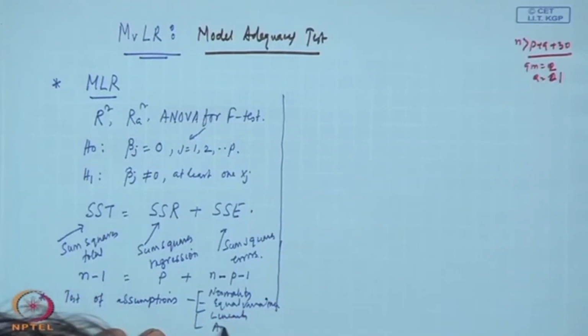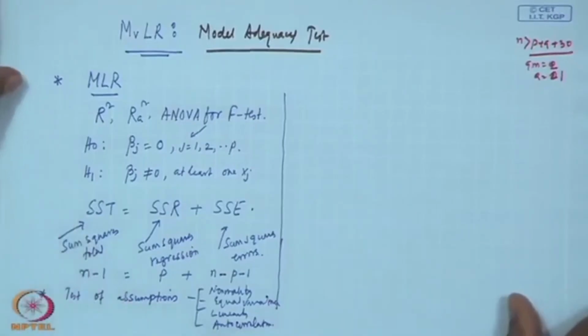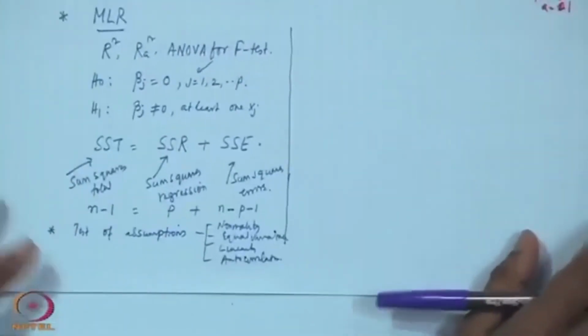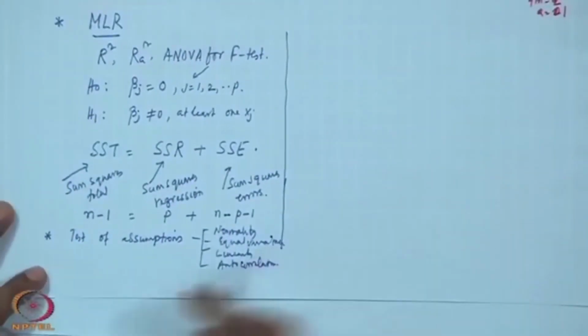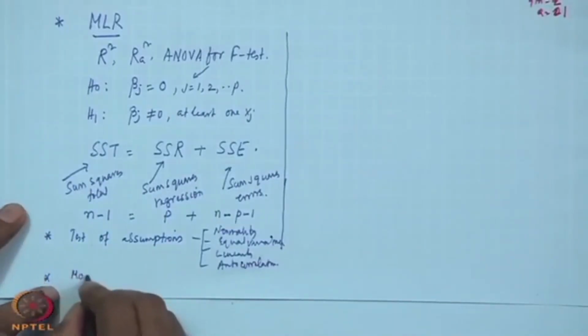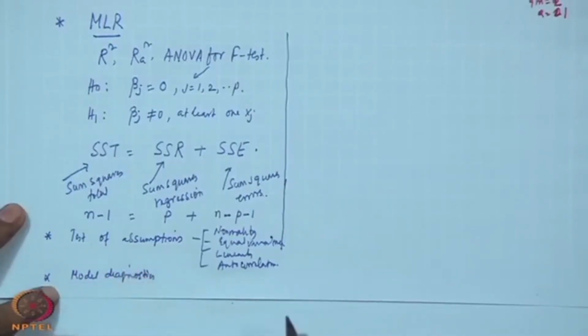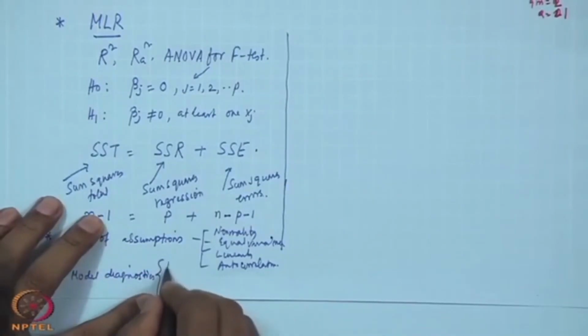We have also tested for autocorrelated errors, the autocorrelation test. You can remember this. In addition, we also have done something called model diagnostics, that is basically coming under residual